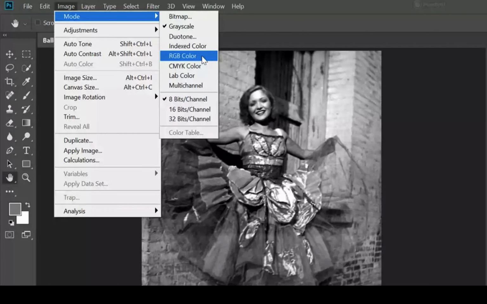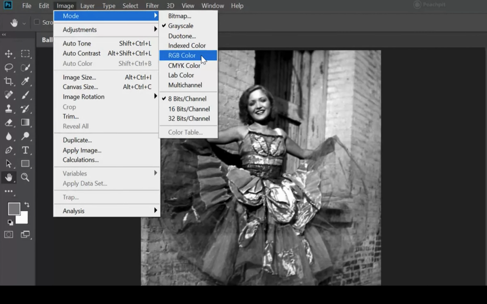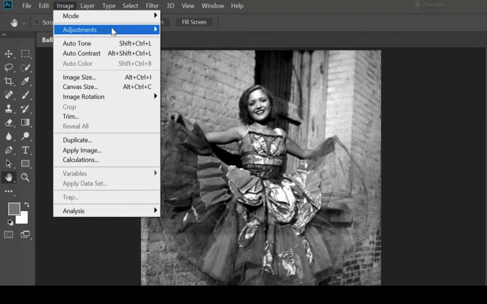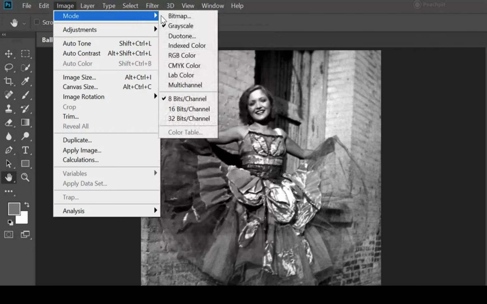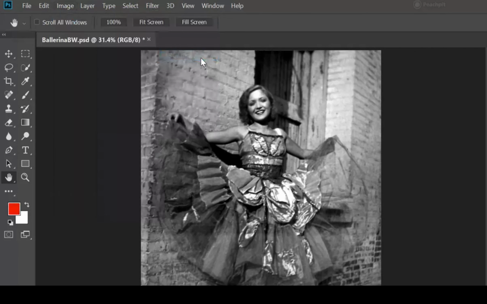Now, RGB is an important mode to know about because RGB is sort of Photoshop's native language. As a matter of fact, even here in our menu, we can see that there are some things that aren't showing. If we go into Adjustments, look at this whole section that doesn't show. These tools are not available because we are in the wrong mode. So if you downloaded a different image or in the future you're working on a document and you see that a lot of the options in the menus are grayed out, one of the first things to check is going to be your mode. And what you want to do is change it to RGB, and then boom,